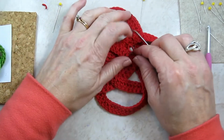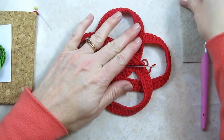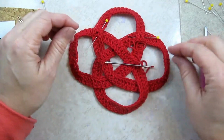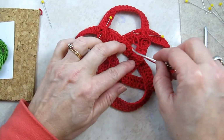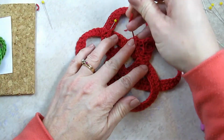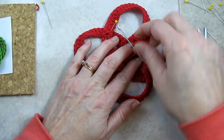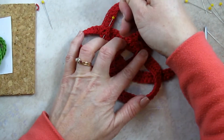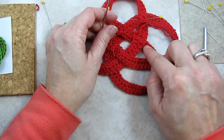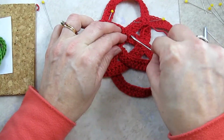And at this stage, if you'd like, you can go along and pin all the crossings in place so your knot doesn't shift as you pick it up and work on sewing it. But then you'll just continue around using the yarn tail, and when you run out of the yarn tail, thread on more yarn. And I just do one whip stitch like this, catching a loop on either cord. And now the end is hidden underneath and it's attached. So this side isn't, but I've attached down this side, and I'll continue across like that,